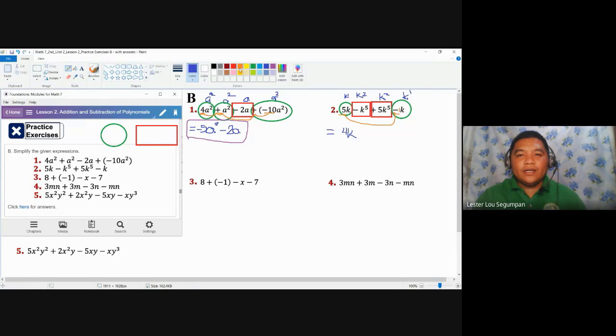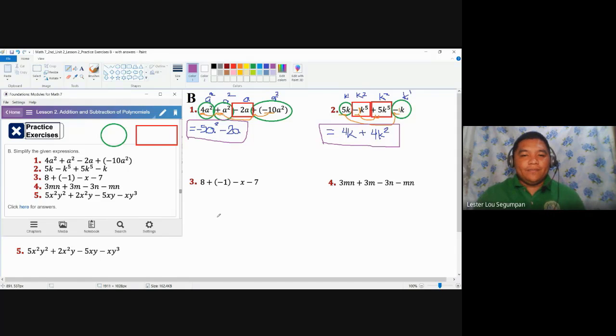And then combining the second and the third term, you have here negative 1 plus 5. Negative 1 plus 5 is another 4. But what 4? Positive 4. The sign will become positive, or the plus sign, plus 4, and then you're going to copy the literal coefficient, k squared. Again, this cannot be combined because this has k and this is k squared. So this is your final answer for number 3.